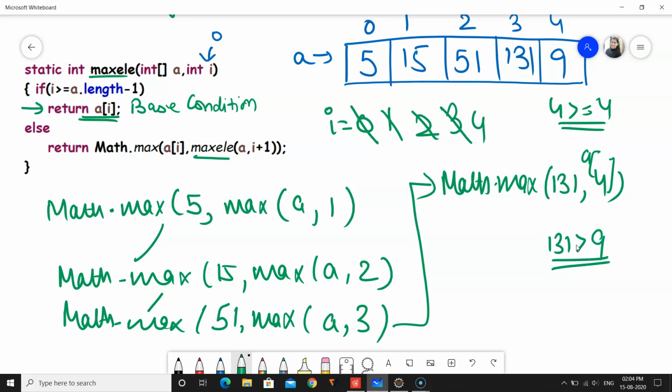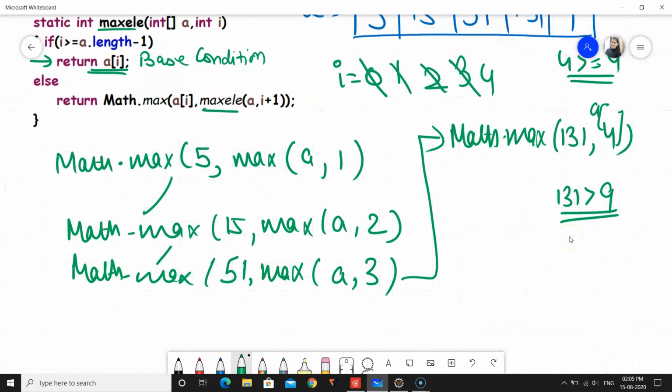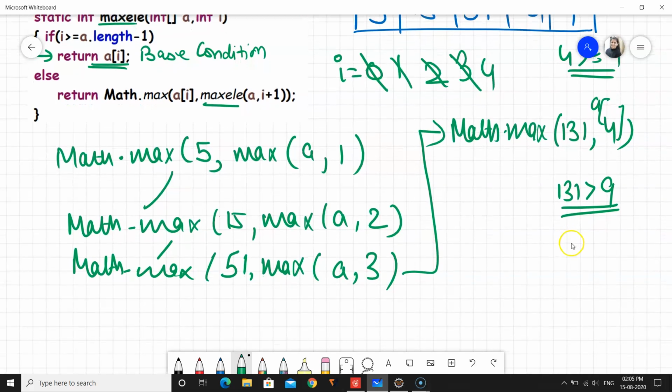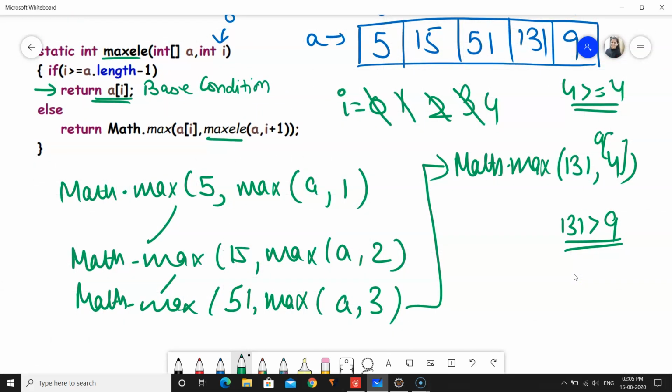This will return that the maximum element is what? Now it will check between 31 and this. From this, this recursive call will return 31 and then what? It will return 31 and 9. Okay, between them the maximum element we got is 31 and 9. We know that 131, this is not 31, this is 131. We got 131 returned, and this will return at this point. This function will be returning the value that is 131.